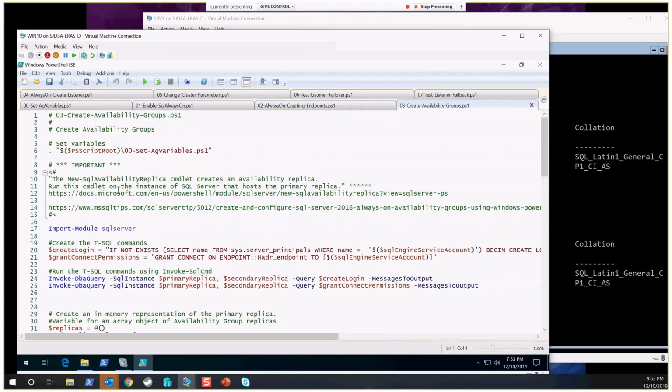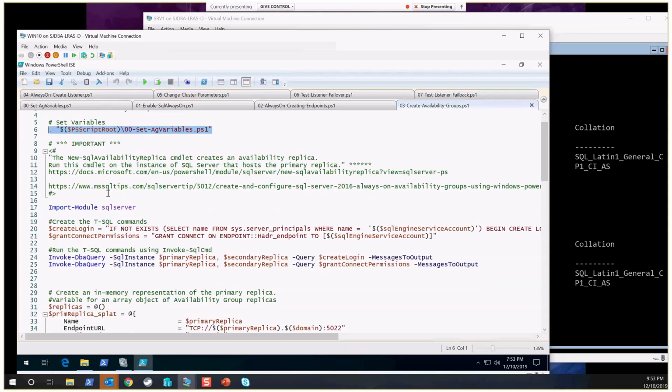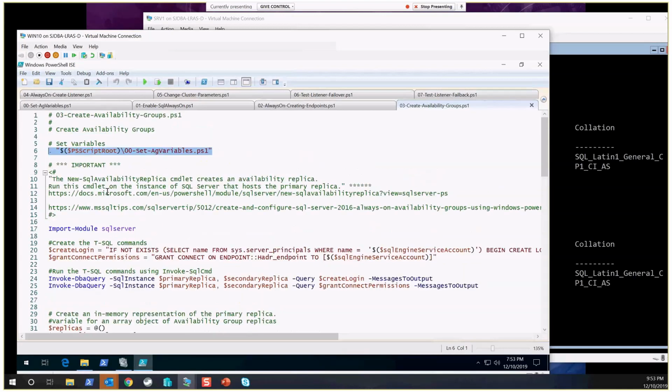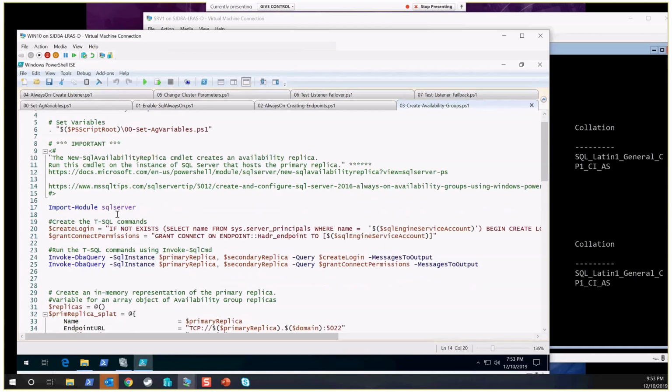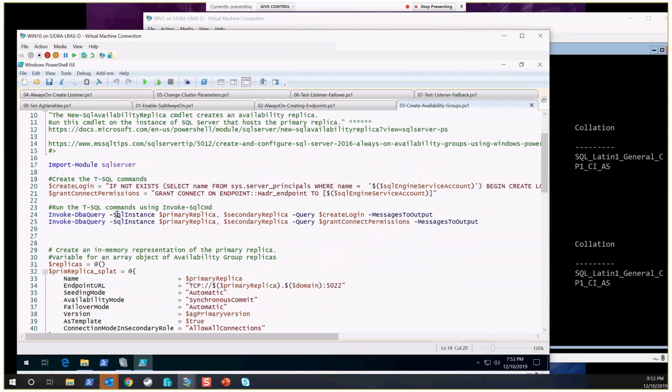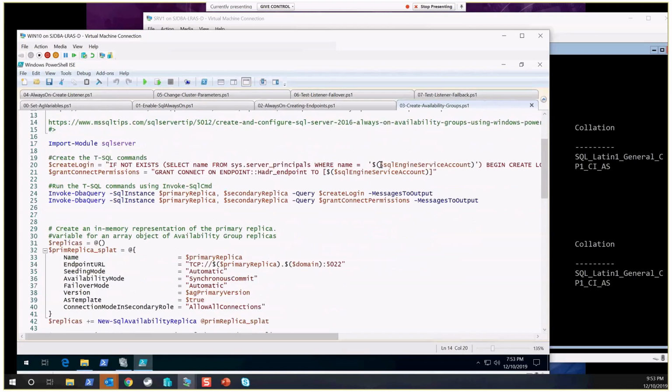Again, we're just dot sourcing the variables here at the top. It's kind of like an old style include statement. Could have done that differently, and if you want to take this and run with it and parameterize it, that'd be a great option as well. So we'll import the SQL Server module, and then this part right here doesn't apply so much to a demo environment, but in a real environment, you're probably going to be using one sort of privileged account that has a sysadmin role on SQL Server